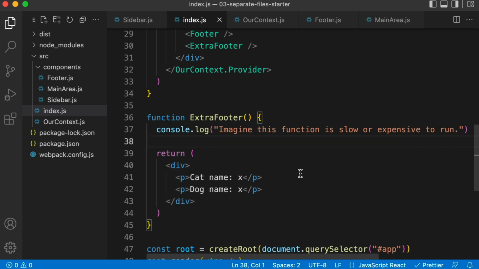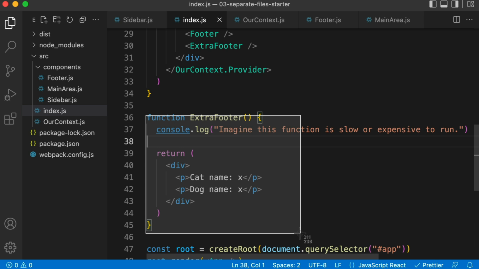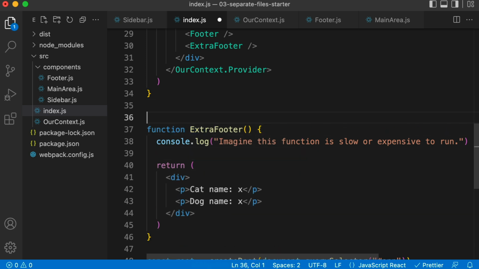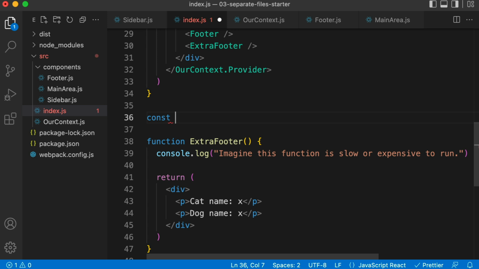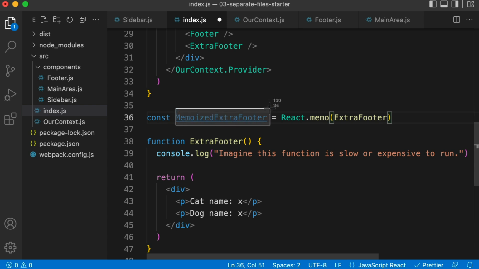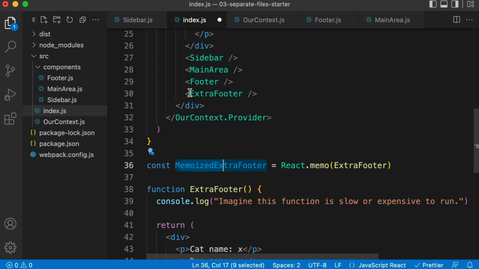And getting React to behave that way for a specific component is actually pretty simple. So maybe right above our function definition, we can just say const, and let's make up a name. I'm going to call it memoizedExtraFooter equals React.memo. In these parentheses, you give it a regular component. So extraFooter. So we essentially just created a different version of this component that now React knows that it should only actually re-execute if it's being given new input so that it would return something new. So then this is what we would use up in the JSX. So instead of extraFooter up here, it would be